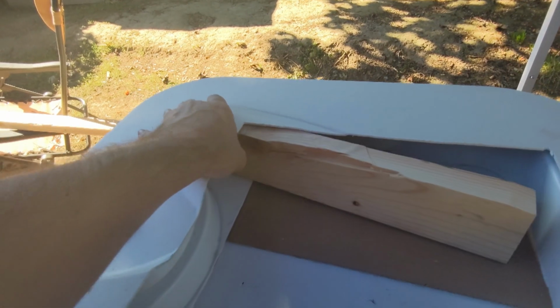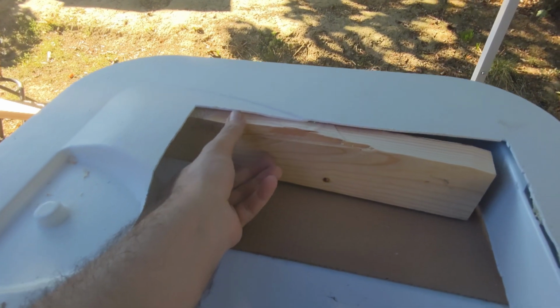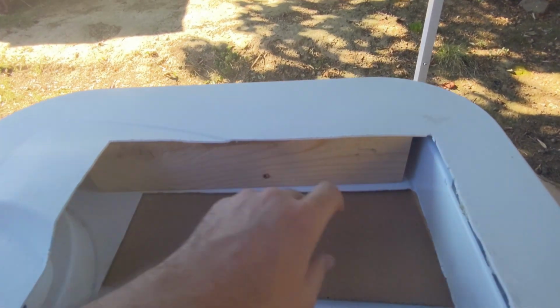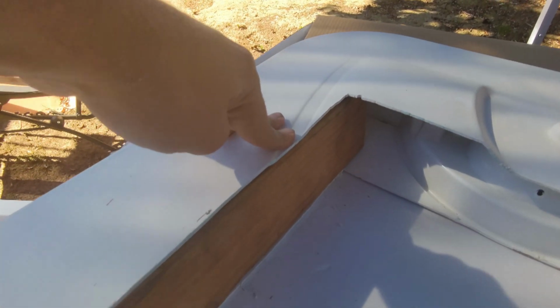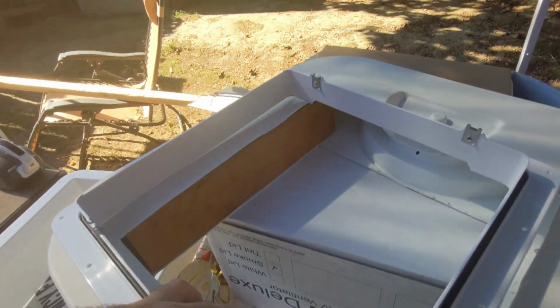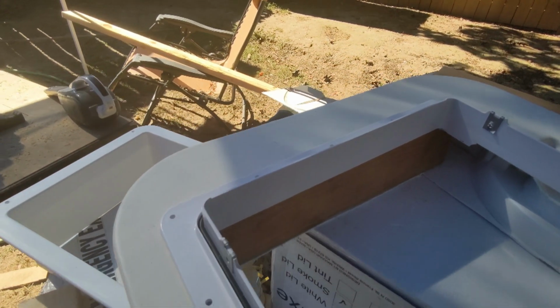To provide structural support, we reinforced the exit hatch with 2x4s. These were also the anchor points for the screws that secured the fan into place. Got half of the wood in. That'll give us a little bit of clamping force. Actually keep our roof in place. So it goes sort of like that. So these screws will go into